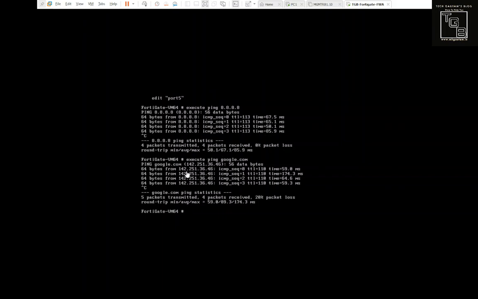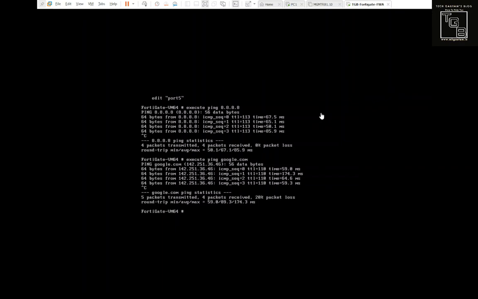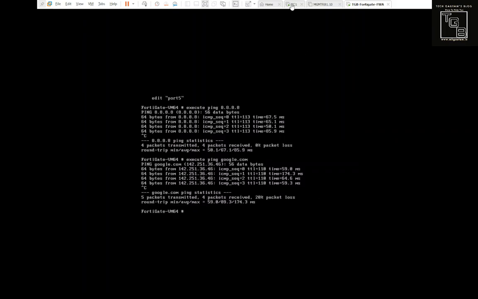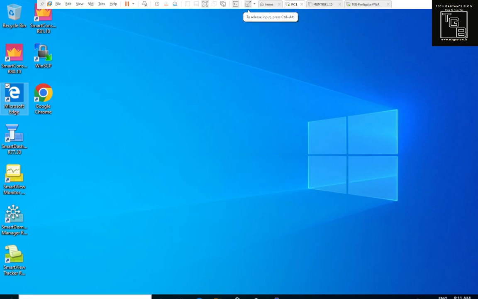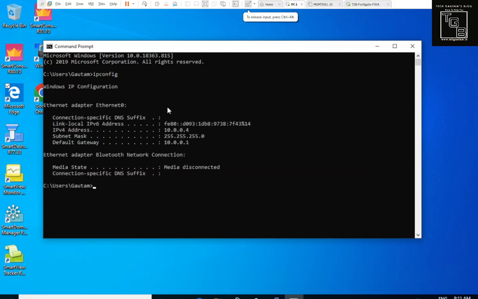Now we need to take this access from my internal PC, which is PC1. For that, I need an IP configuration on another port. As of now, this is connecting via port 1, so we will take port 2 as a LAN, because in our initial setting, we have configured interface 2, or you can say port 2 or the network adapter 2, as VMnet 2. So first quickly jump to this PC1 and see what is the IP of your machine. Just type ipconfig. So my IP is a 10 series IP, so we will give a similar series of IP